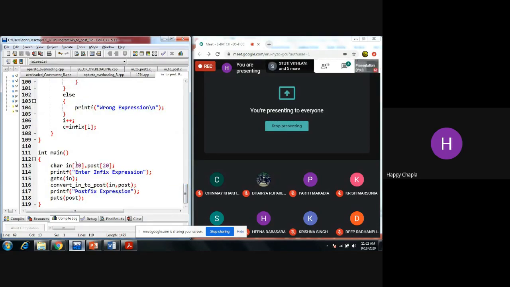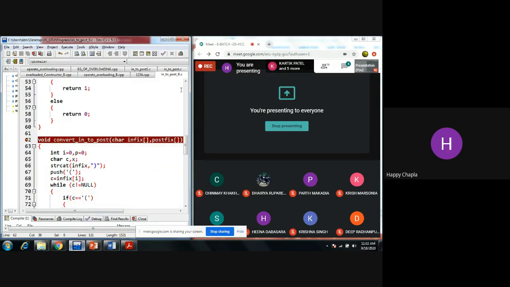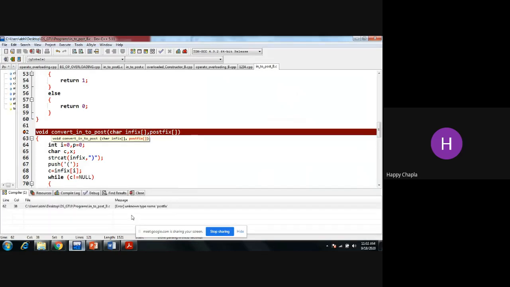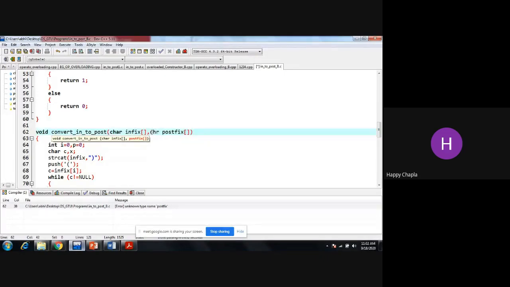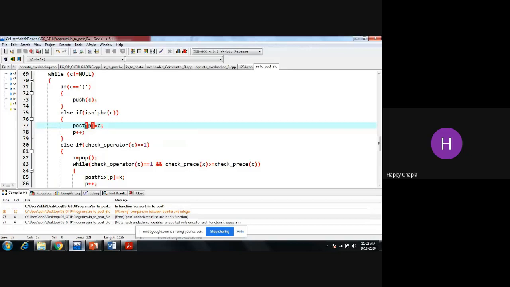Yes, correct. Now don't write this integer Z, because this is only for me. Unknown type name postfix. Oh yes, this is not post, this is postfix.